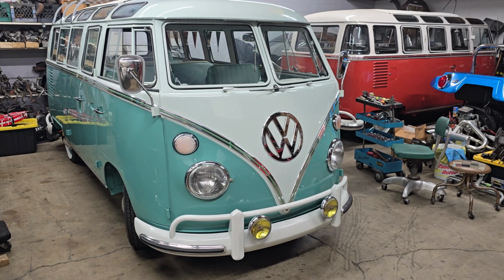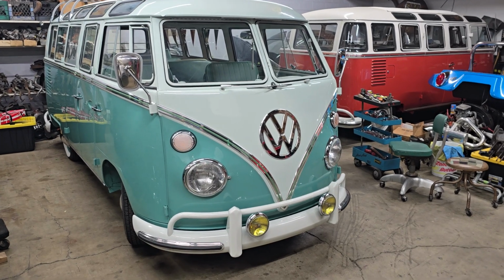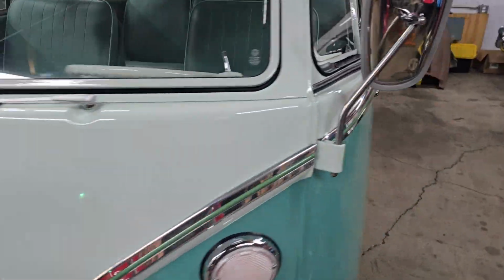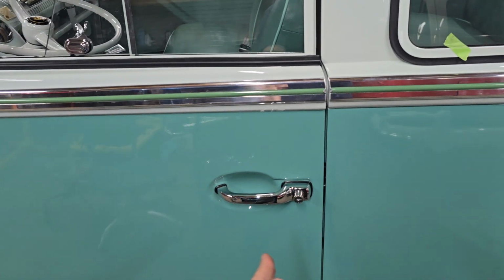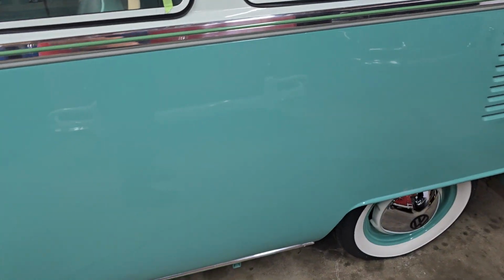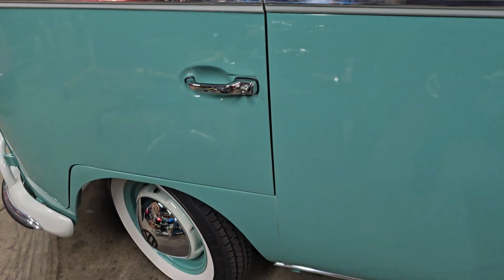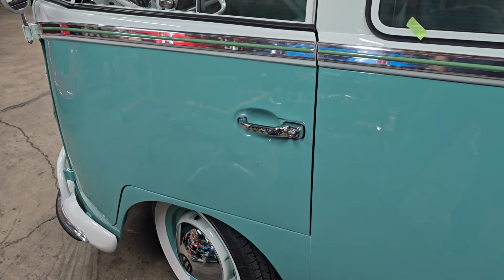And then the front shift coupler itself that connects the front shift rod to the rear shift rod. These have a short shift rod that goes from the shifter itself, about right here to about here or so, and then there's a long one that runs all the way through the bus, and that's the one that actually connects to the transmission. Anyway, the coupler connecting the front one and the rear one was a little bit loose. So he went ahead and tightened that and put safety wire on it,